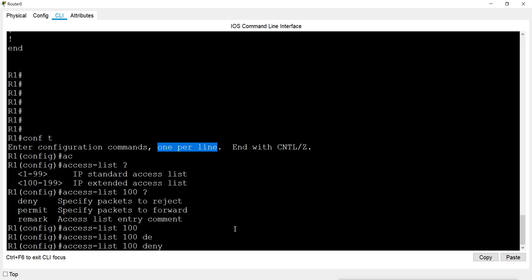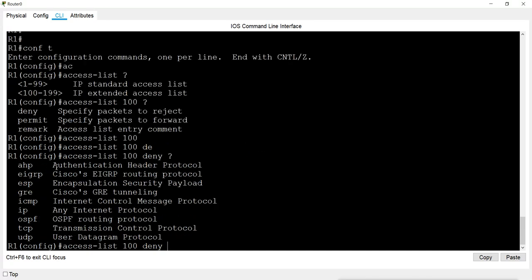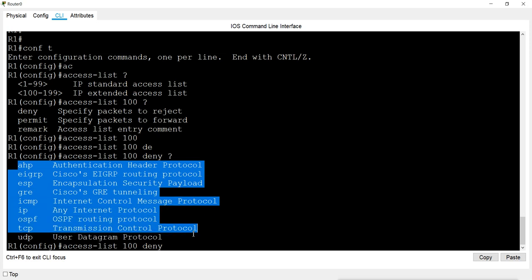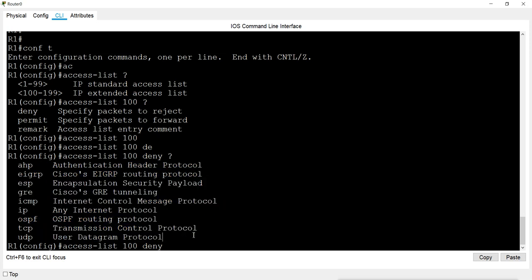Okay, now when I give a question mark here, it says which protocol you want to use. Now in this case, we want to block FTP for 10.0.0.1. Now you have to think about which transmission protocol FTP is using.